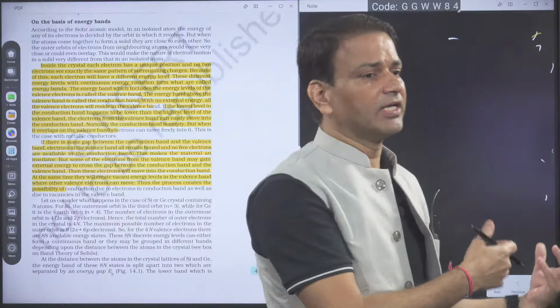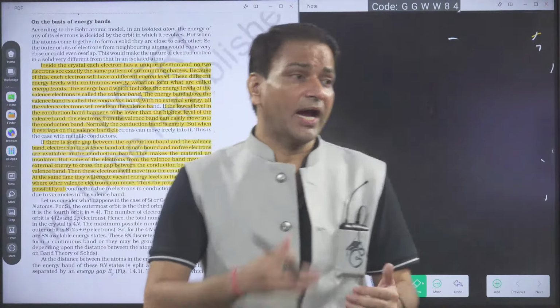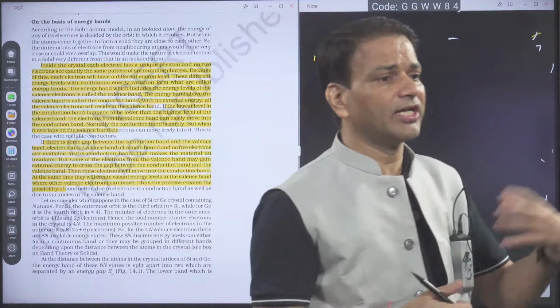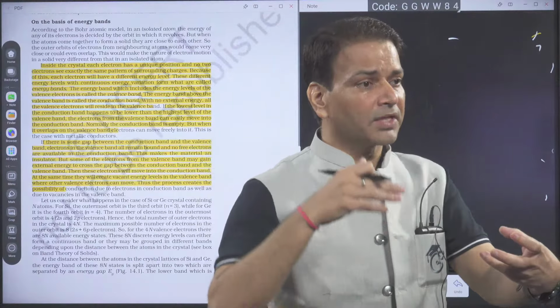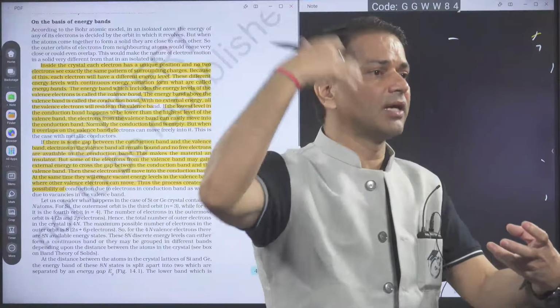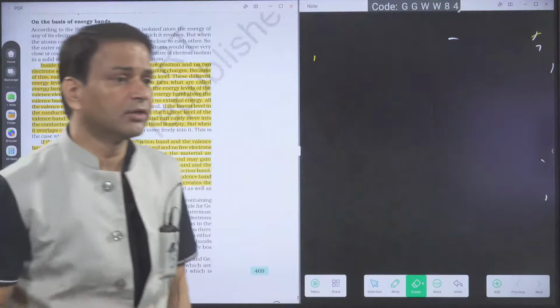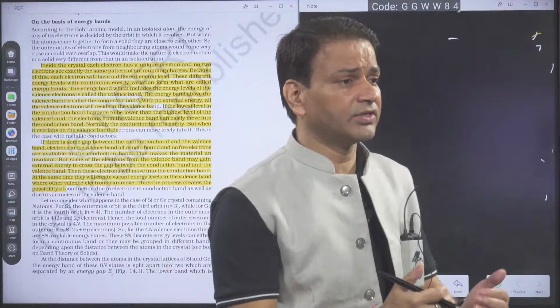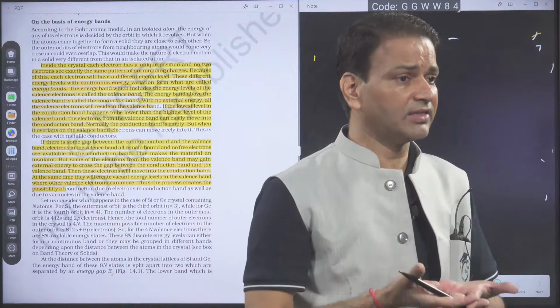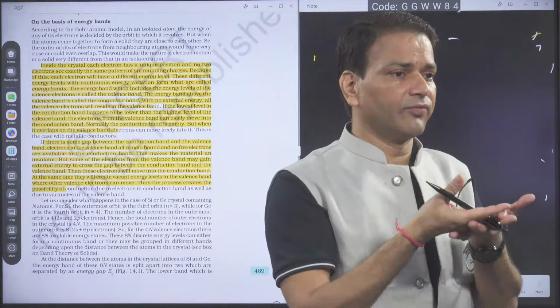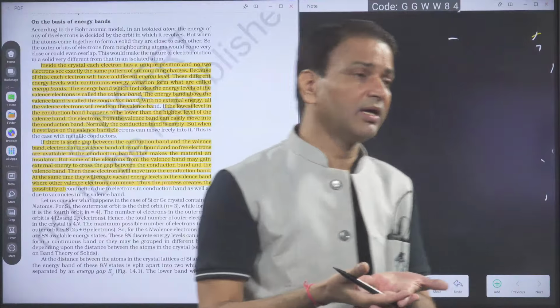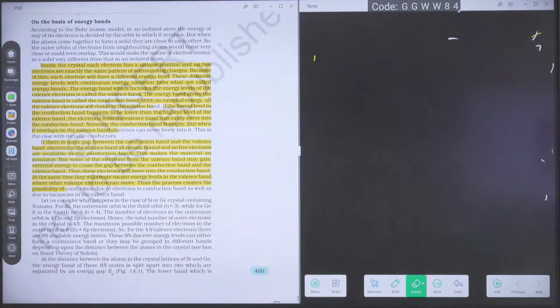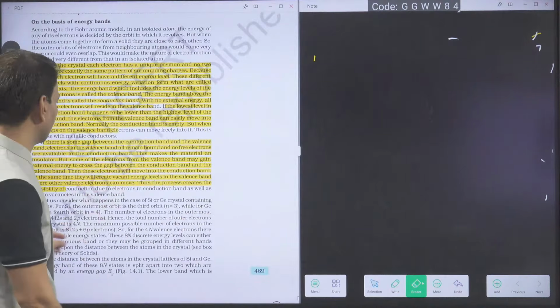The band which contains the valence electrons is the valence band. And there is a higher energy band. Like in sodium, 1s2, 2s2, 2p6, 3s1, then we will have the fourth orbit, third orbit, higher orbits also. Those vacant, higher energy bands are called the conduction band. So the energy band is a range of energy; the one which contains the valence electrons is the valence band, and the one which contains the free or conduction electrons is called the conduction band. The conduction band is the higher energy band. This has been given here.